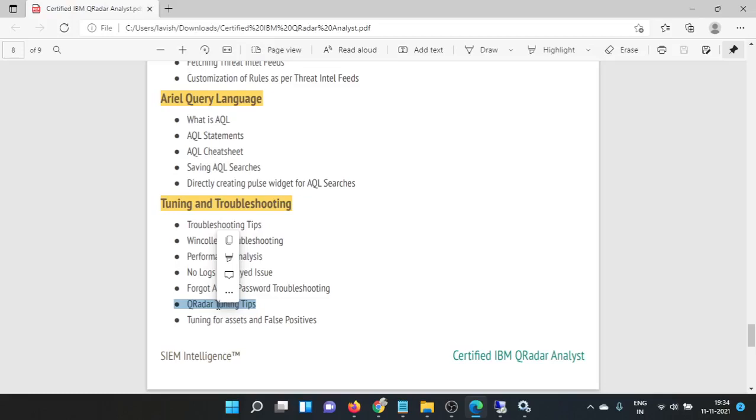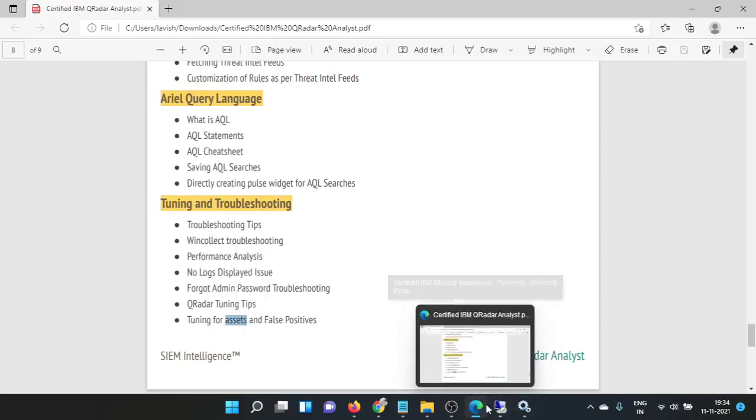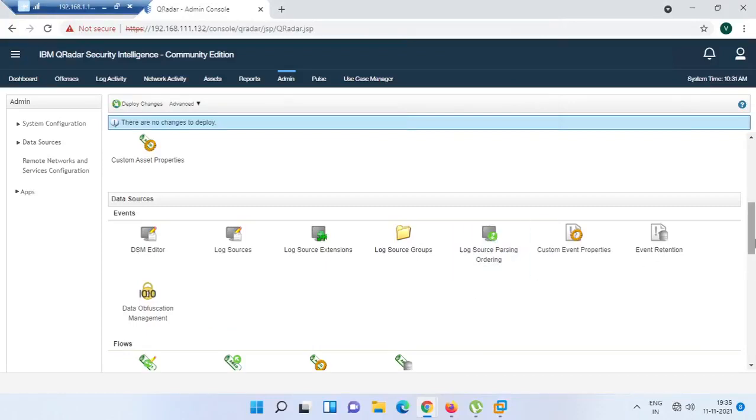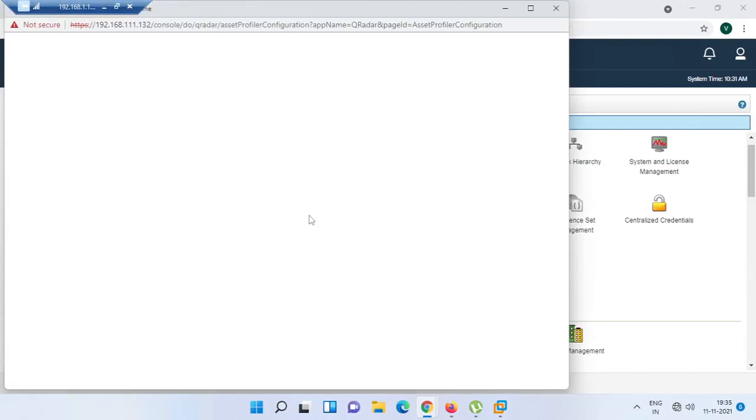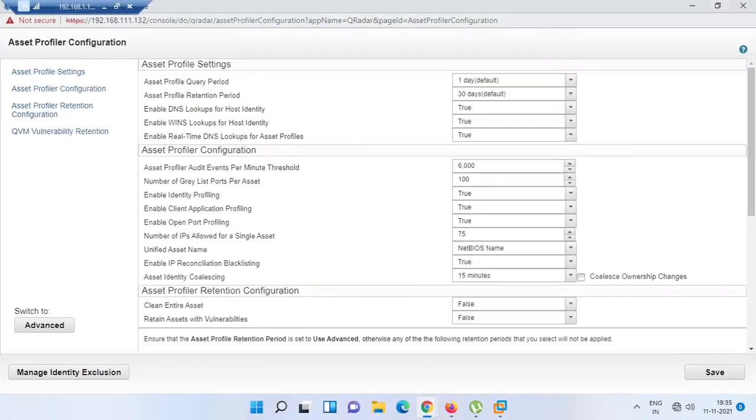And assets and faults tuning. For assets, try to include asset profiling. There is an asset profiler configuration. These are things we have seen, but I am still explaining.